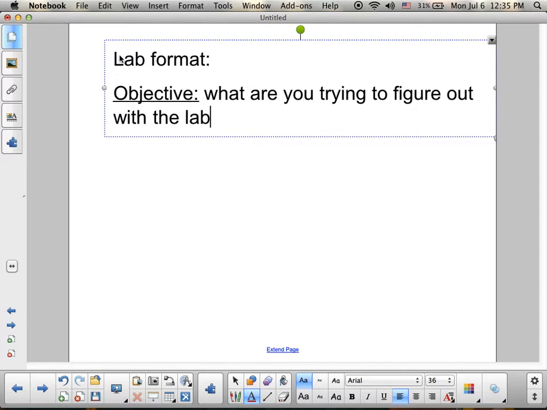Could be a sentence, could be a few sentences. Usually we're going to talk about it before we start doing the lab. So that's not something that you should freak out and worry, how am I supposed to know? We're going to talk about it. Second part